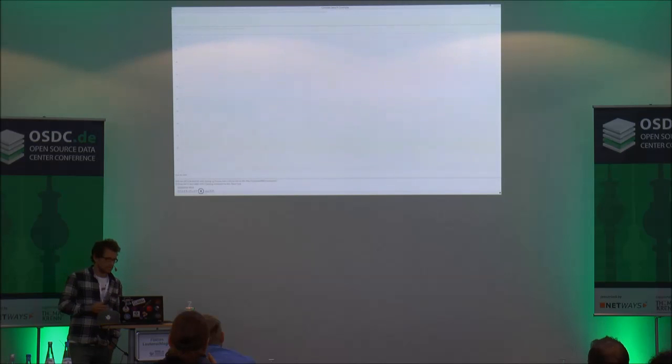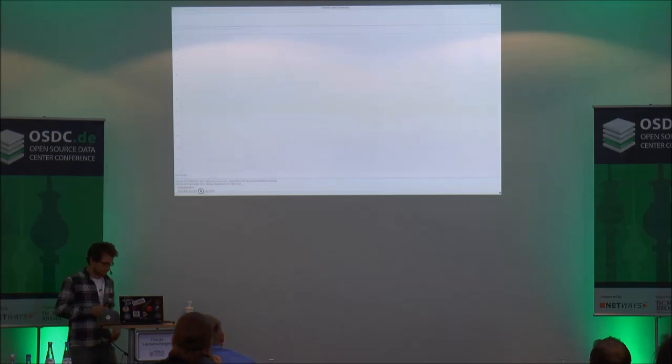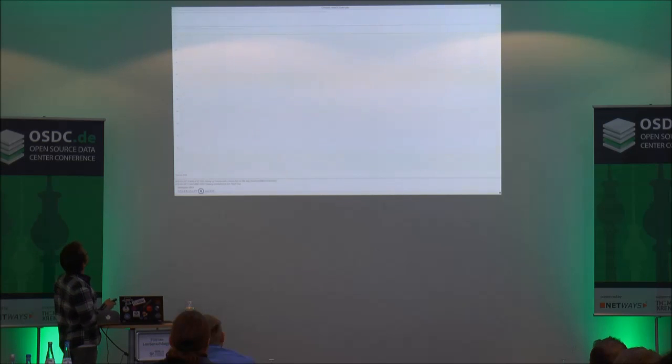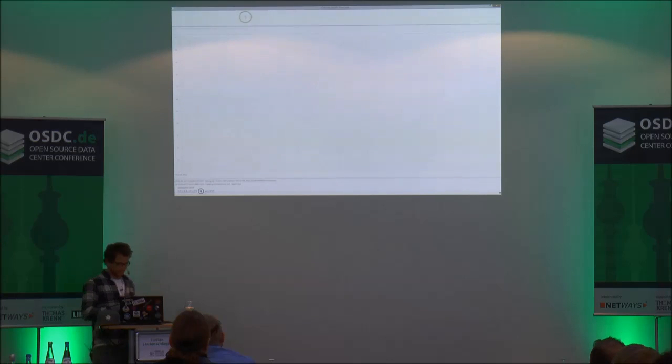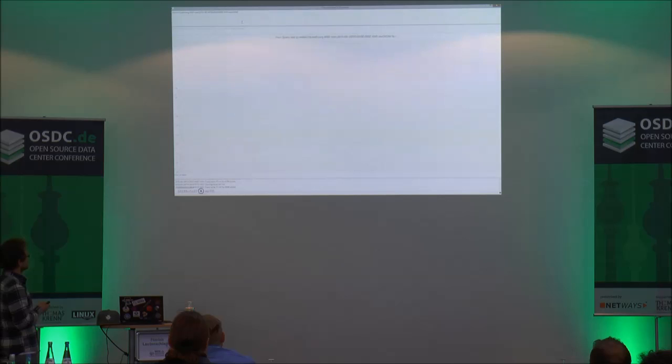So I have a small screencast of how Chronix performs. I hope you can see the input. So, okay. So I've pasted in a range query with a defined start and a defined end, and for one specific time series, load average. And the query took 12